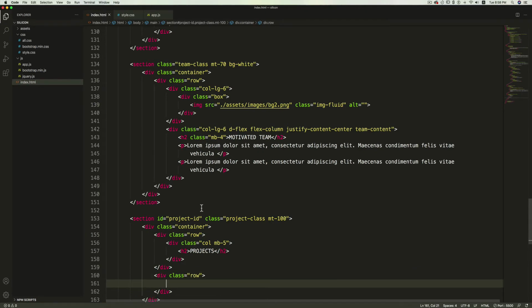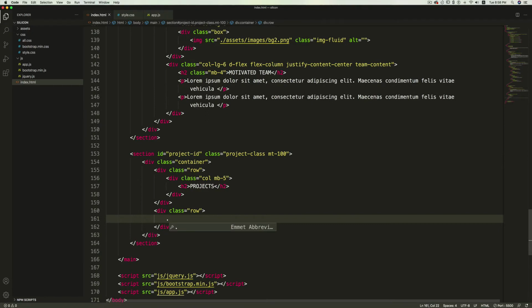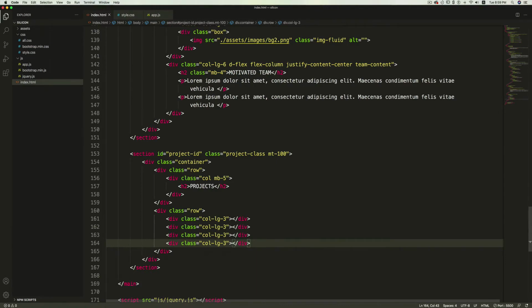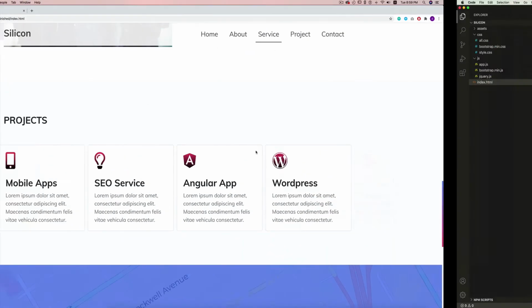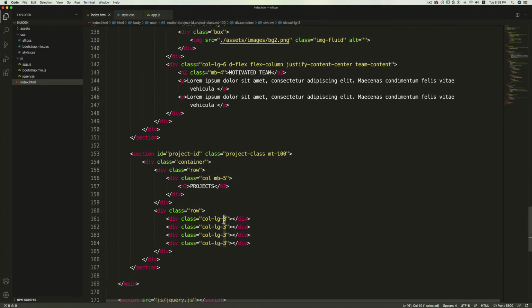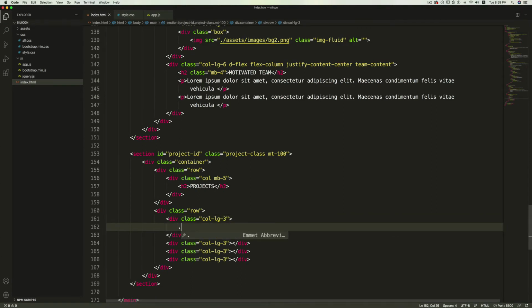So in here, I'm going to create 4 cards. So first col-lg-3. So first div is of col-lg-3 4 times, 1, 2, 3 and 4. Because we have 4 cards and each will span 3 columns. Now inside the first div, I'm going to create a div with a class card. This is a bootstrap class.